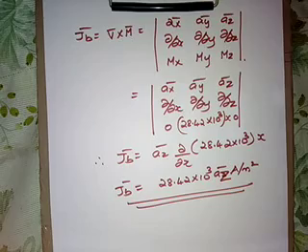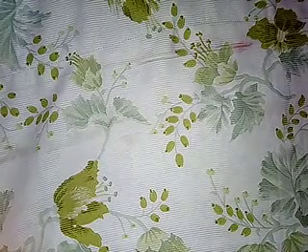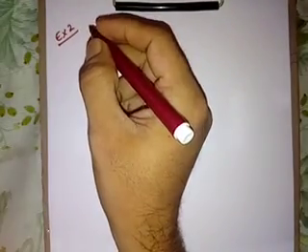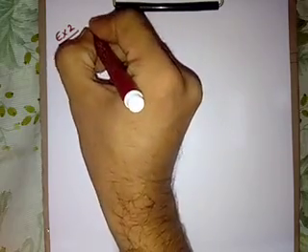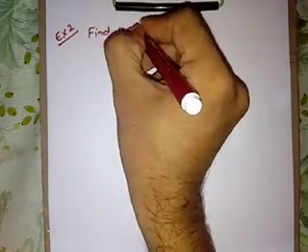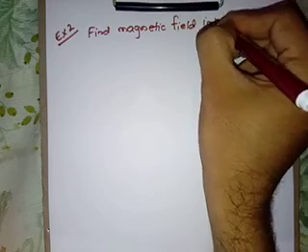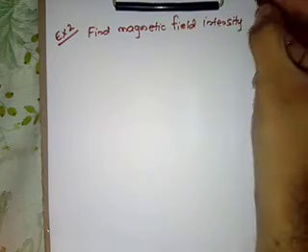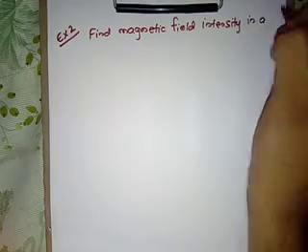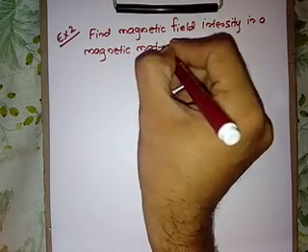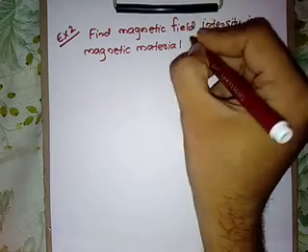Let us solve one more example. Example 2. Find the magnetic field intensity in a magnetic material where